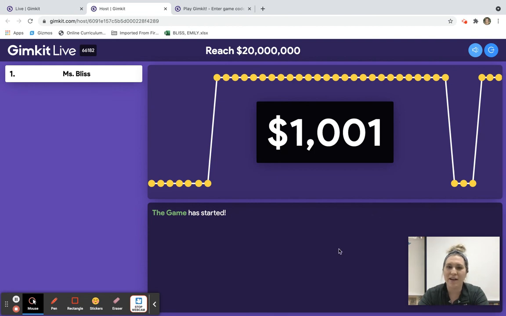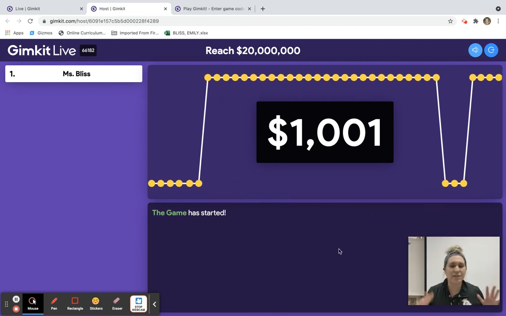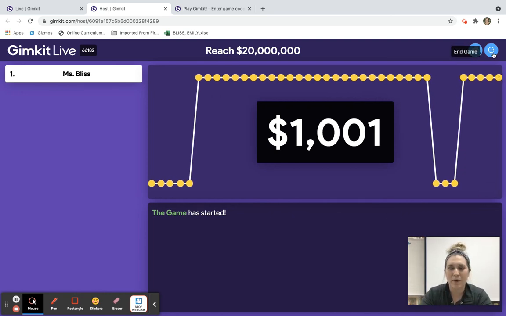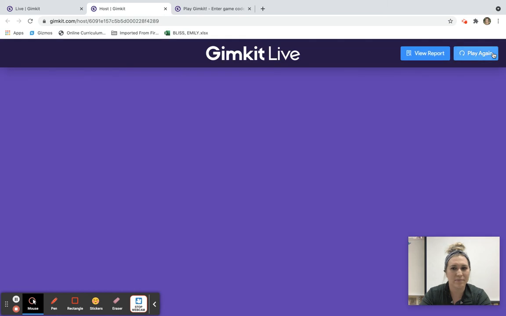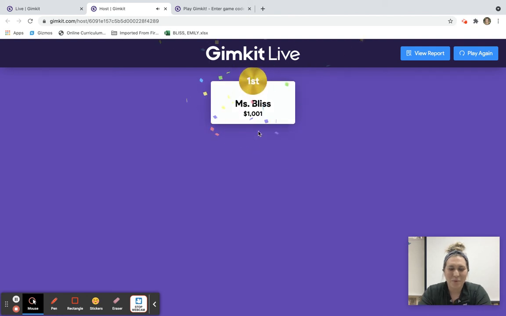Now let's say that we are at our time, our class has run out of time, or we just need to end the game for whatever reason. Go up to the right-hand corner and click End Game. Now there is gold, there is also silver and bronze, and then it'll list everyone else's accomplishments down here. Now you can either push the play again button, or I personally love to go to View Report, because then